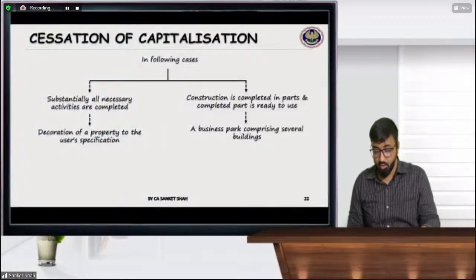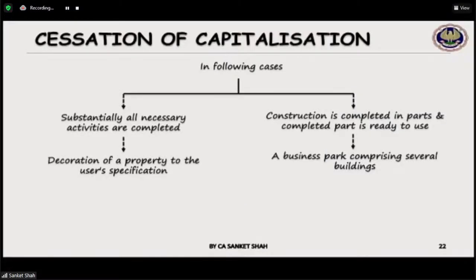So almost all activities, when you are ready to use, in that case you are going to cease your capitalization. So when all necessary activities are completed, or your construction is completed in parts and the completed part is ready to use, building by building you can use it. So similarly,